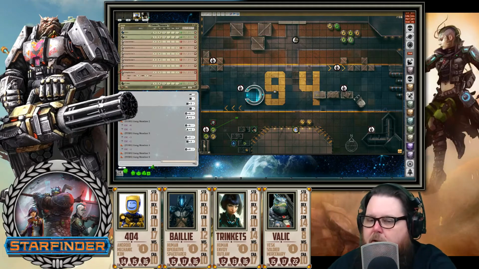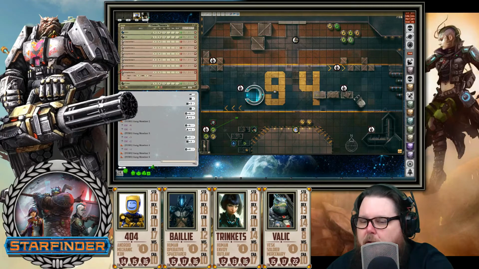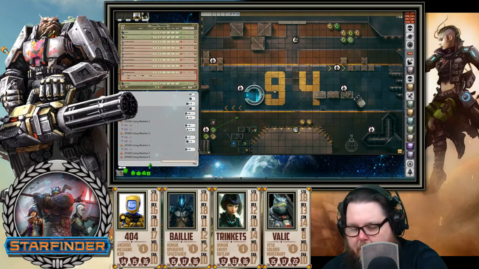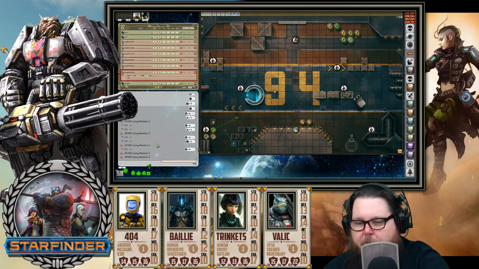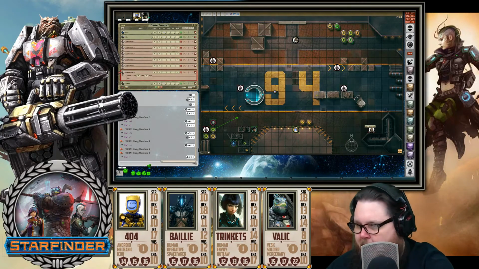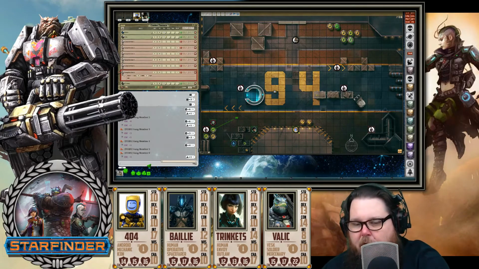What was your? 13 is my energy. 14. Okay, so he would have actually hit you. So let me give you a damage roll. I almost did plus 4. So you'll take 4 energy damage. So add 4 energy damage. No! 404. All your viewers just saw you get shot by a gang member, and then this gang member here